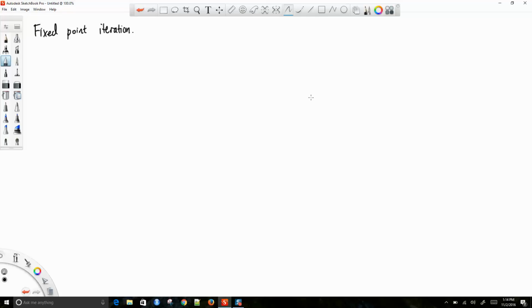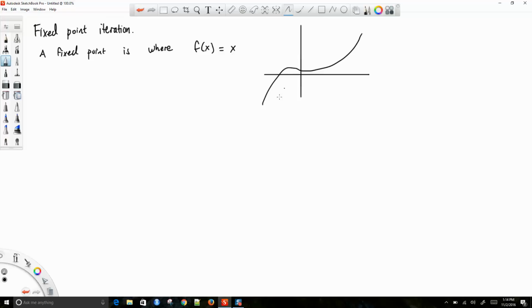Okay, all right, and so a fixed point is where the function of some value is equal to the value itself, okay? So you plug in some number 6 into the equation. If 6 is a fixed point, when you do all the work, you get back 6, right? And you're like, oh, that's a coincidence, okay? And basically what this means is that you've got something that looks like this, and then you have